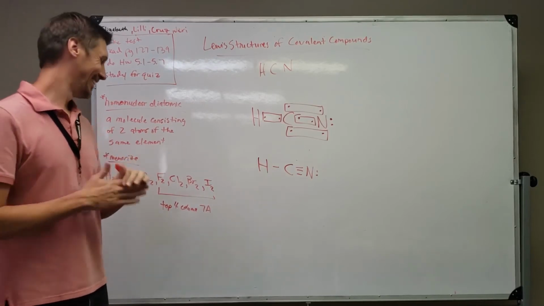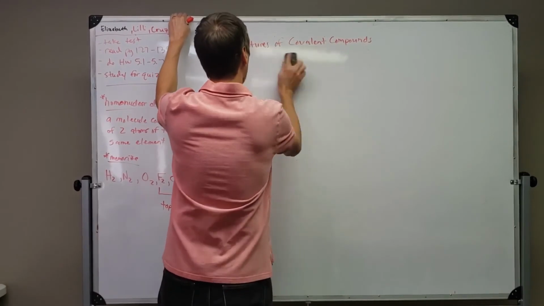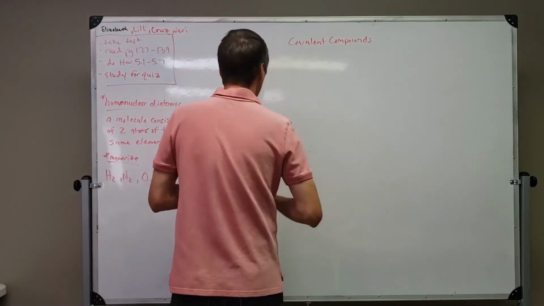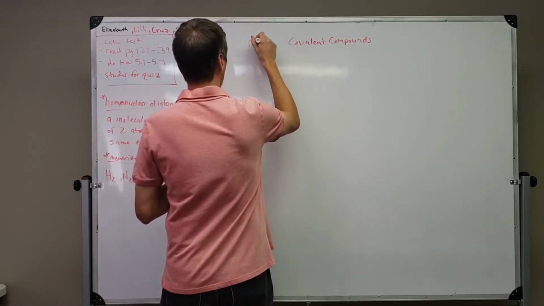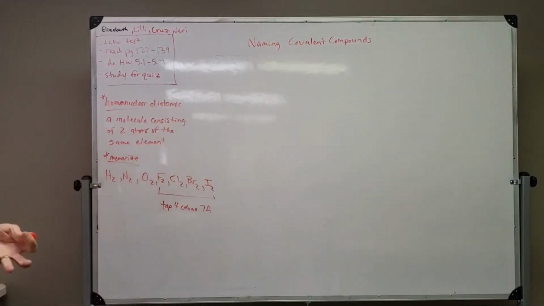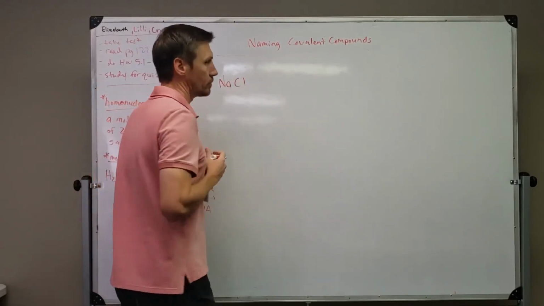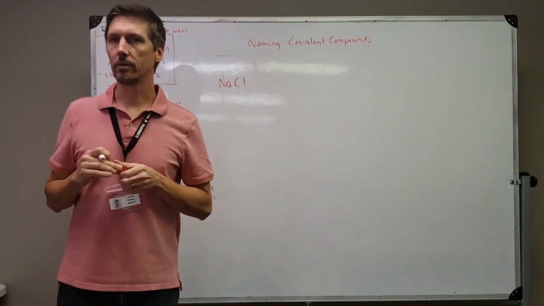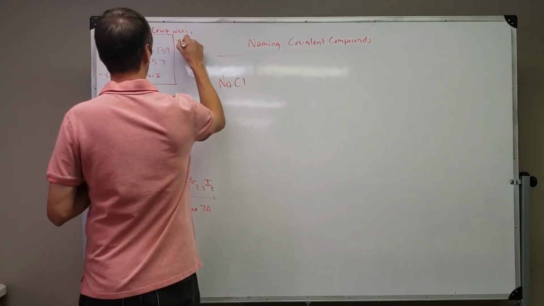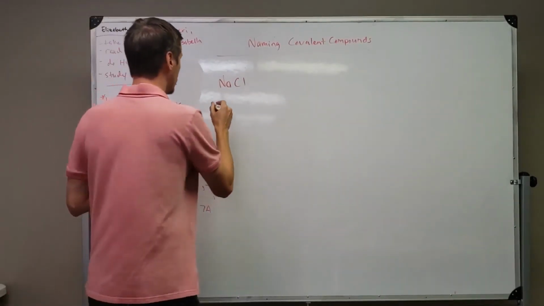No. All right. So let's go on to naming covalent compounds. So let's think about ionic compounds for a minute, just so that we can remember the differences between how you name ionic compounds versus covalent compounds. Ionic compound, NaCl. What's the name of that compound? Sodium chloride, says Isabella. Does everybody agree with her? Yeah, that's right. She's right. Sodium